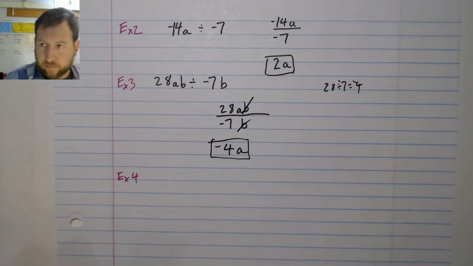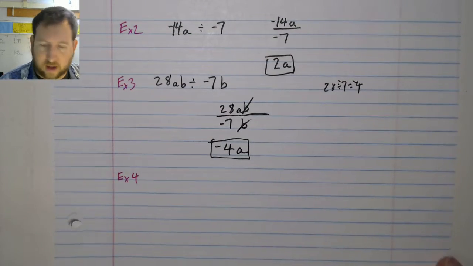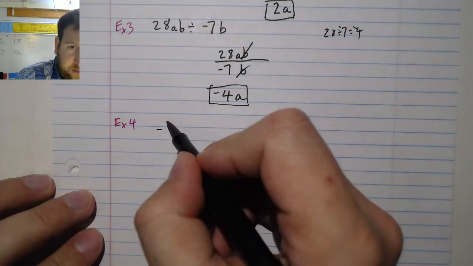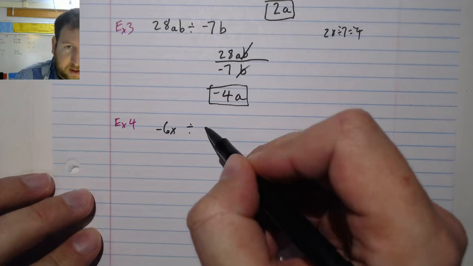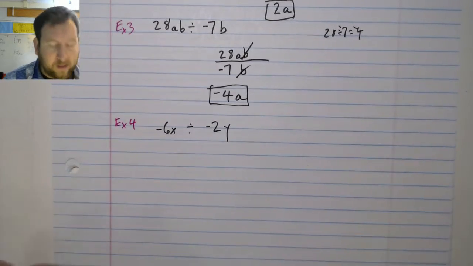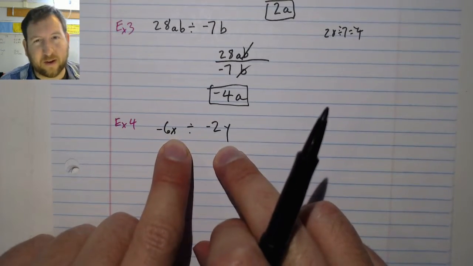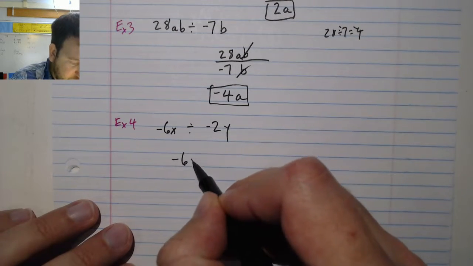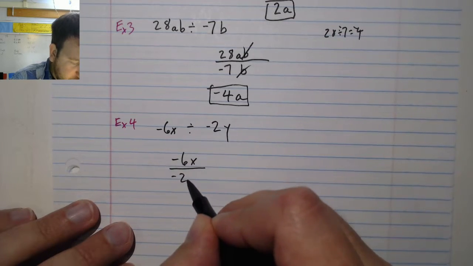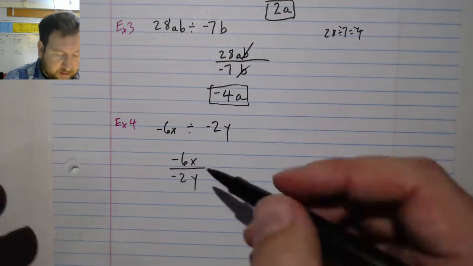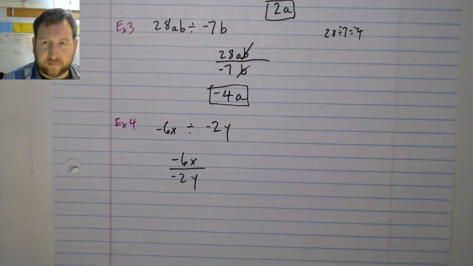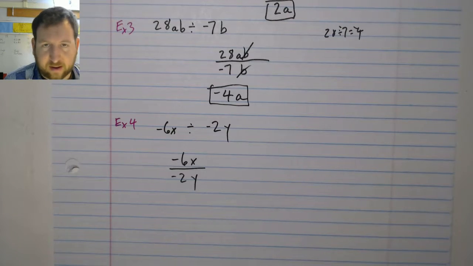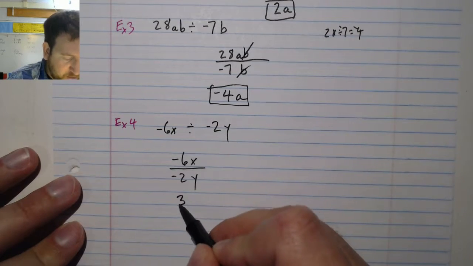Example 4. Simplifying negative 6x divided by negative 2y. Okay, now I notice that I do have different variables on the top and the bottom. I can't cancel those out, unfortunately, but I have negative 6x over negative 2y. So I can see that my numbers here, I have negative 6 divided by a negative 2. 6 divided by 2 is 3, and a negative divided by a negative is a positive. So I have 3x